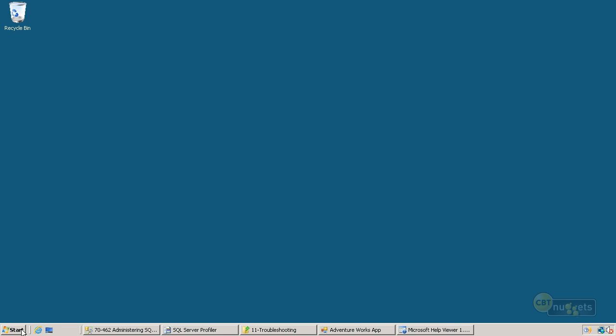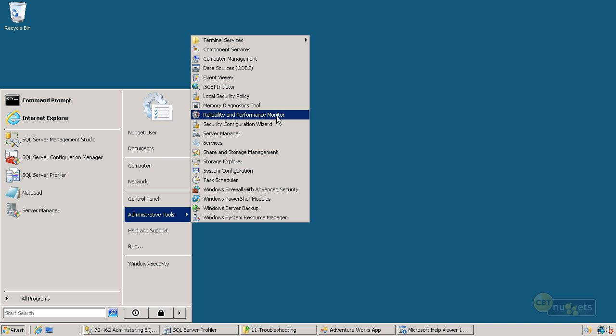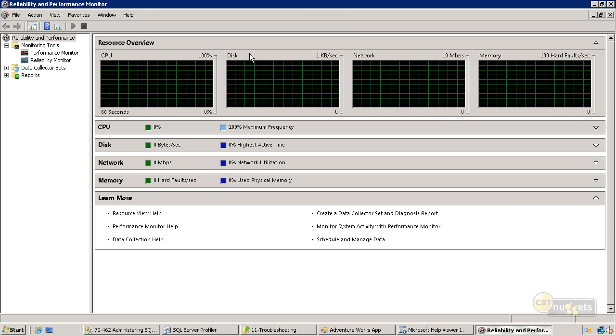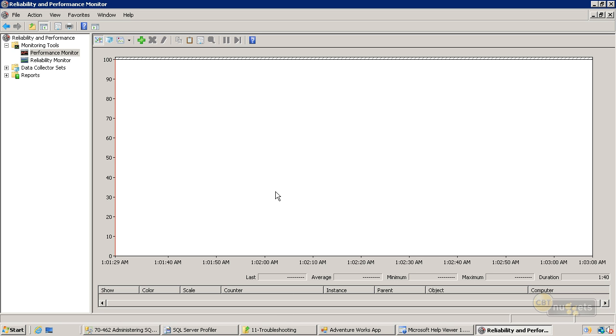Well, let's minimize Management Studio, head into the Start button and into Administrative Tools, and launch the good old Windows Performance Monitor. So once this fires up, let's just maximize it and head into the Performance Monitor and remove the counter that's in there. So I want to get you familiar with some counters that we can use to both get a feel for the system to see if we're short on memory, if we need more processors, if we need to add more or faster disks. And then we'll take a look at SQL Server specific counters that we can use to see if SQL needs